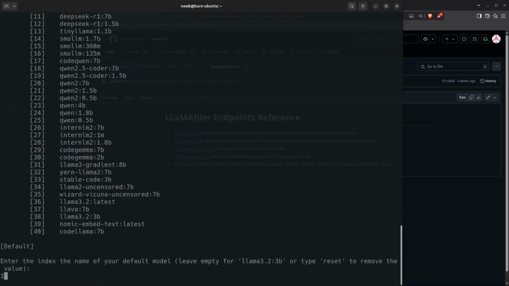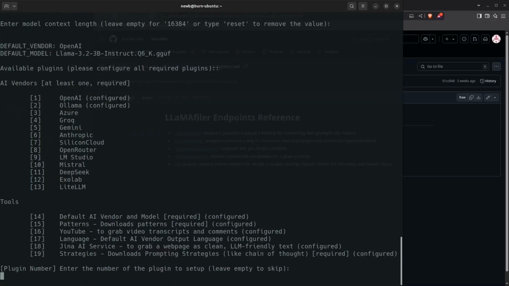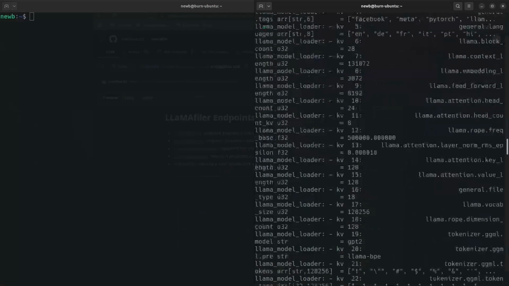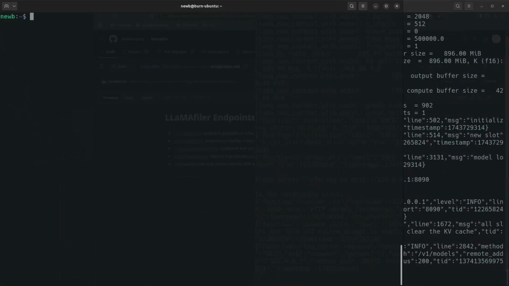And so we'll put in, what was that, number 1, right? Yeah, we'll put in number 1 to make that our model that we're using with this Fabric tool. 16,000 context length. We'll leave that right alone. And then we're about to talk to our Llamafile, and to make sure we have the server up and running here on 8090, and if we see anything happening over here, kind of proof in the pudding that we're successfully